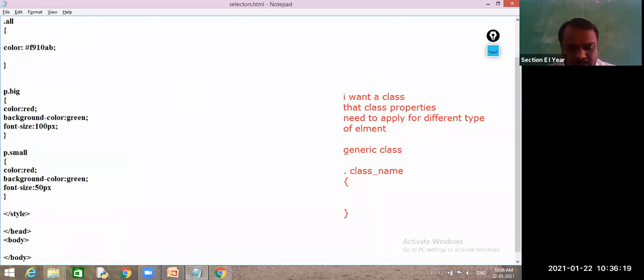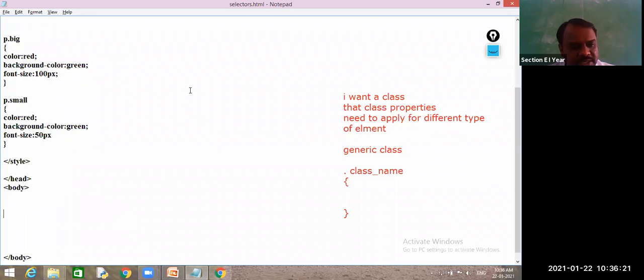Now I will go for the body tag. Here I am using multiple elements. First, a paragraph element, SR University, then an H1 tag, SR University, and an H2 tag, SR University.